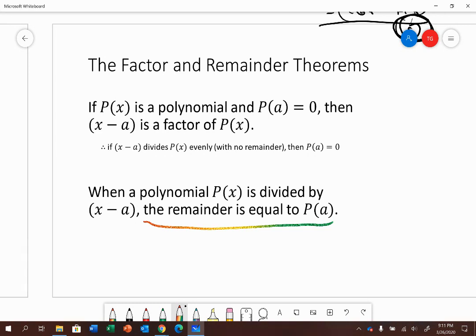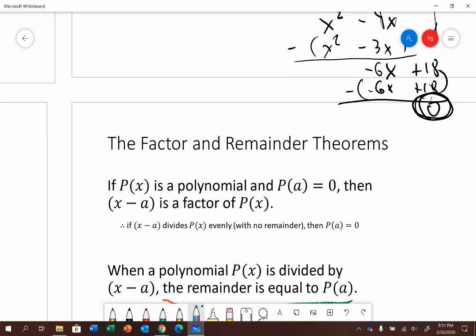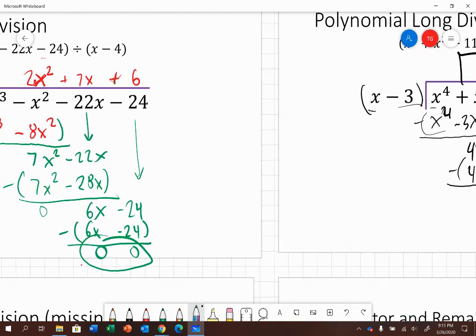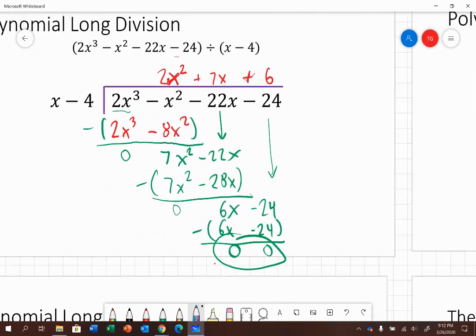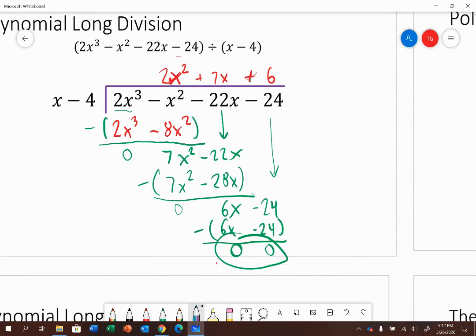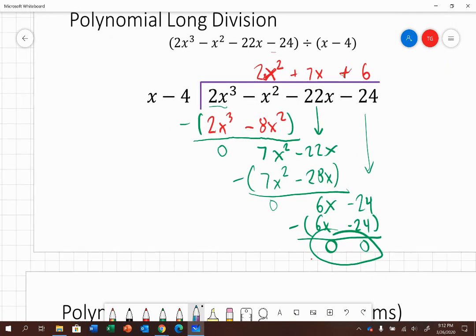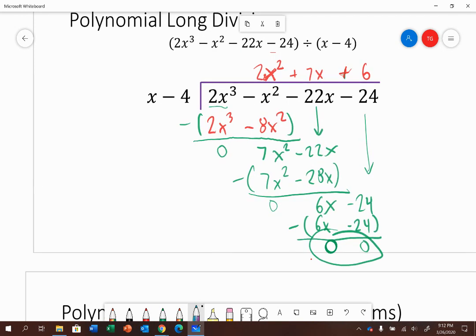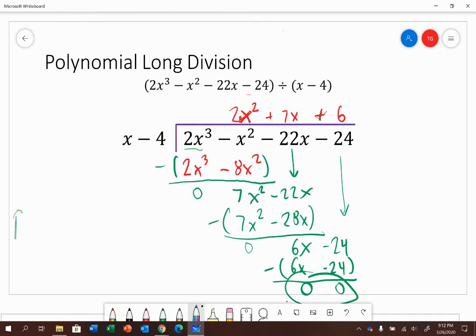So let's actually look at an example of that. We did this problem already. We determined that x minus 4 was a factor of 2x cubed minus x squared minus 22x minus 24. What the factor theorem tells us is that if I were to plug 4 into this polynomial, so let's say this is p of x now,